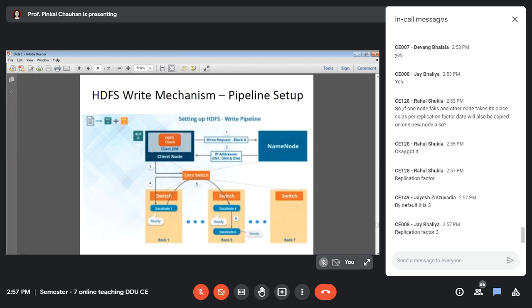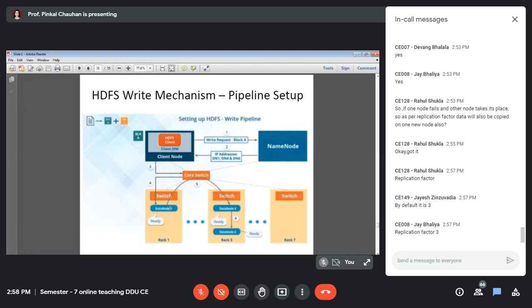Now, what will the client do? Client will set up a pipeline. It will first go to data node 1 and say that I want to copy block A onto you because I have been given your IP address, and please go on checking whether data node 4 and 6 are available or not.